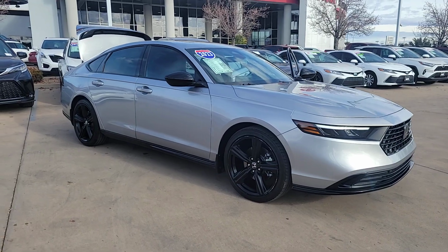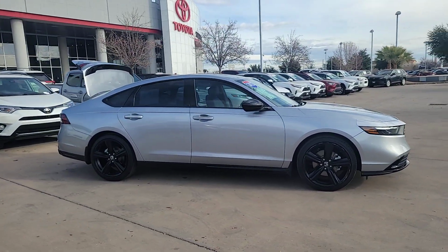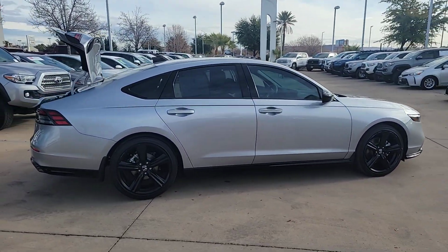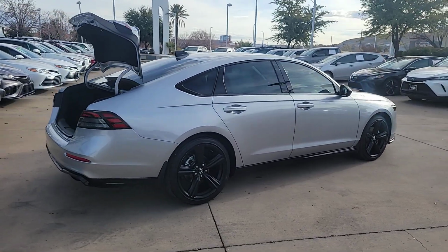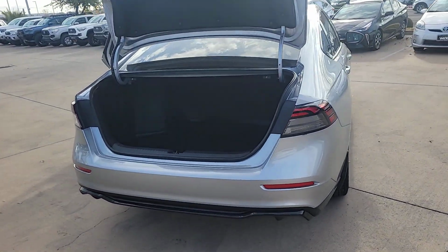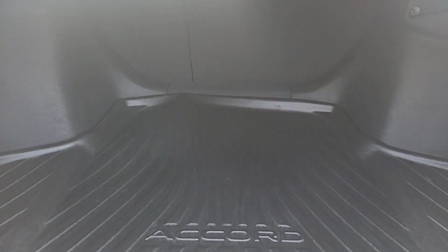You will be amazed by this 2023 Honda Accord Hybrid. This vehicle is an outstanding buy with fewer than 10,000 miles on the odometer. The Accord Hybrid takes the excellence of the iconic Accord and injects it with eco-friendly hybrid technology. The result is a future-facing sedan that is ultra-efficient, as well as comfortable, elegant, and loaded with the latest safety